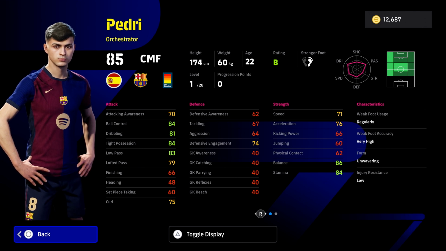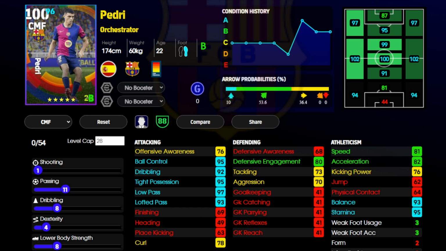And let's jump over to eFootball Hub. So yeah, as you can see, it's of course very nice. This is not the highest rated version of Pedri that we've had. We had one that went to, I think, 101. That was in a legend box. So slightly better than this one, but this isn't far off,